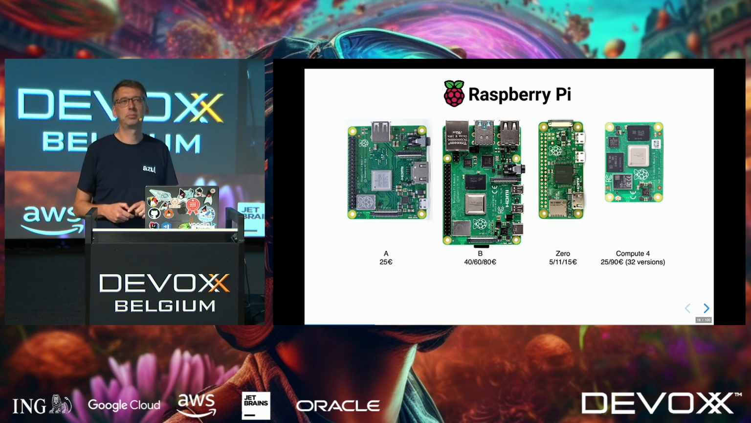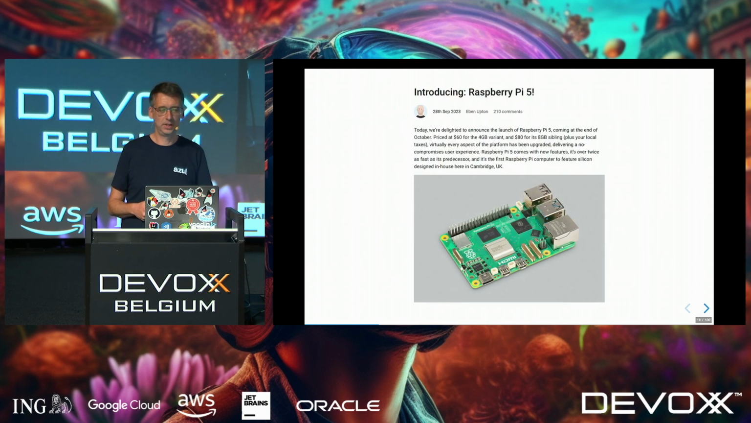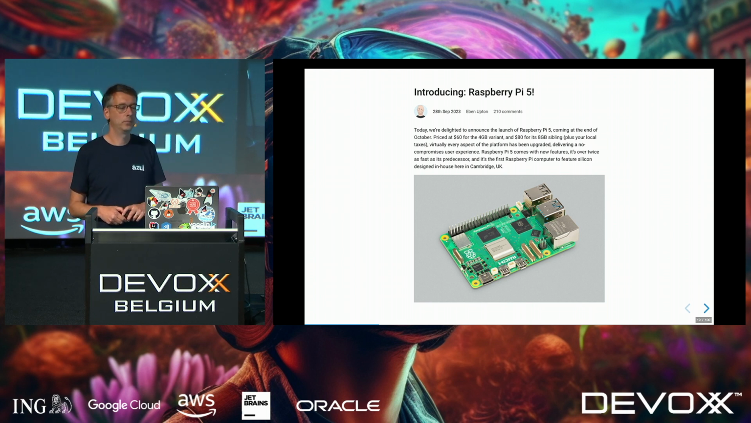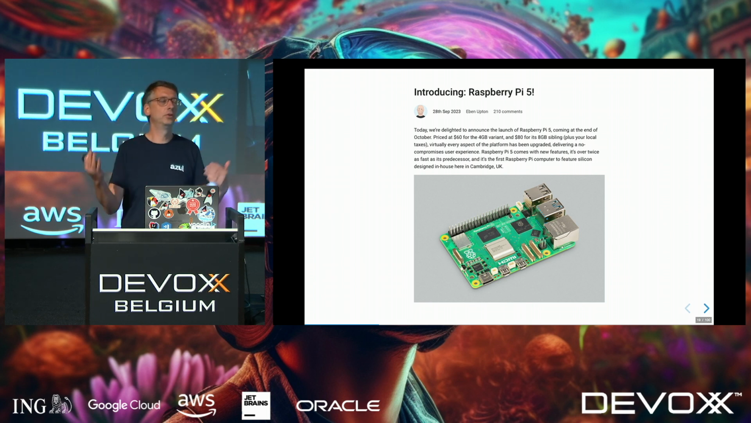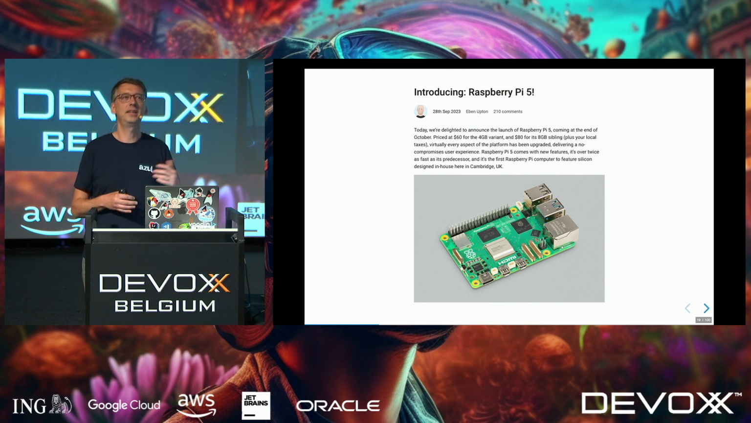Now, I was preparing my presentation. I thought I was finished last week, and then you had this. So there is a Raspberry Pi 5 coming, 23rd of October, which is another evolution. They say they're already working for 10 years on this one,